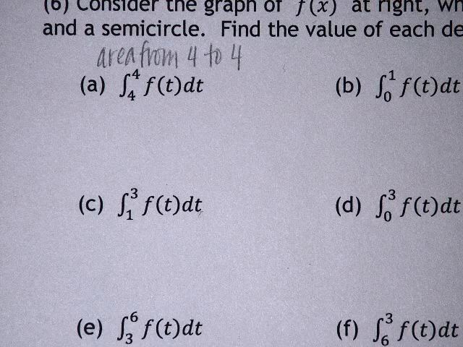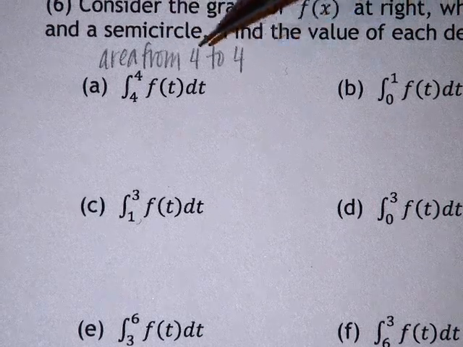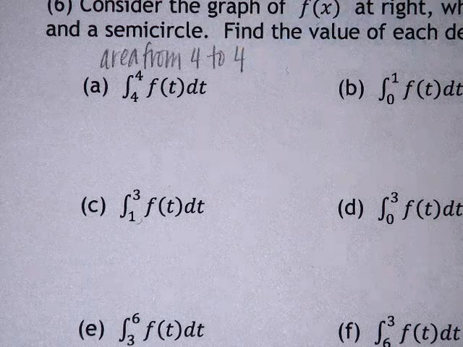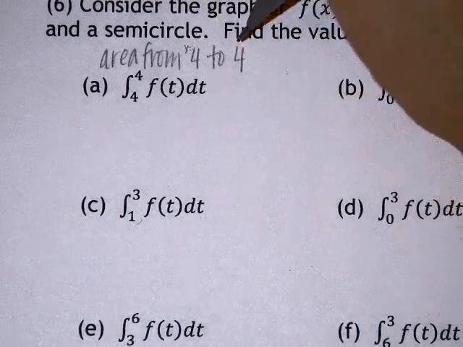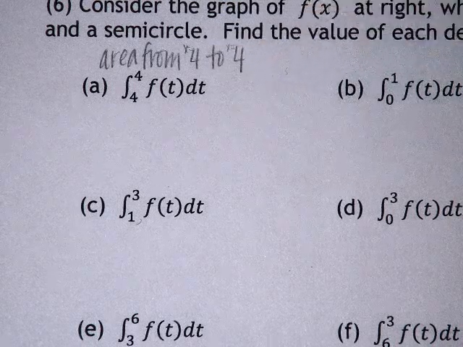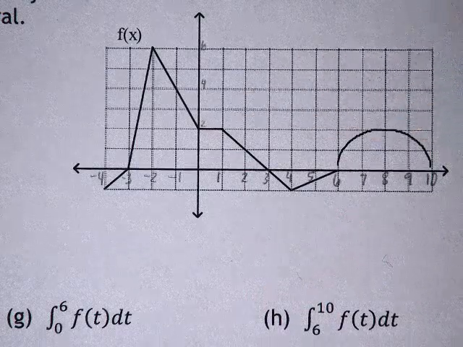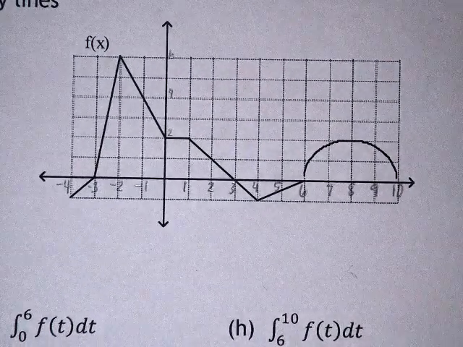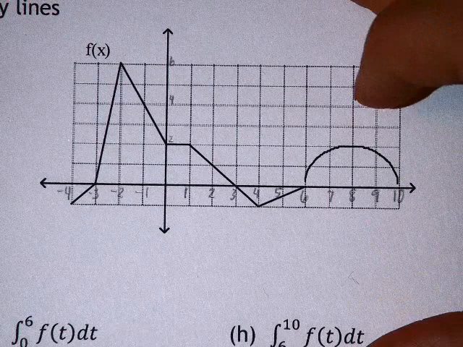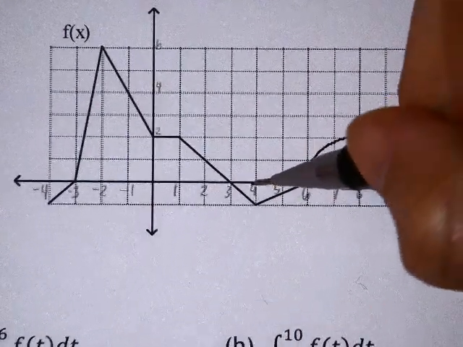So let's think about this picture, and let's think about the area from 4 to 4. Those are x coordinates on the picture. So you can say x equals 4 and x equals 4. But most people, once they know that those are x coordinates, don't need to be that formal. Now, I took the liberty in my picture of actually labeling the x coordinates, which you might want to do just because it's tedious to have to count them every time. But let's focus on that shape for a moment, and let's picture what's happening if I start at 4 and